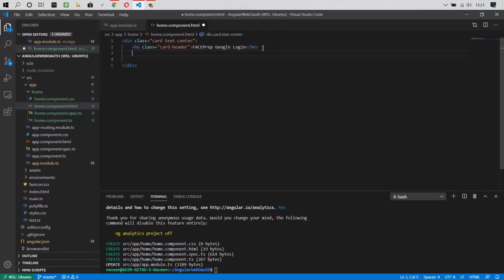Then now I am going to create one more division. And this is one more card. So I am giving one class.